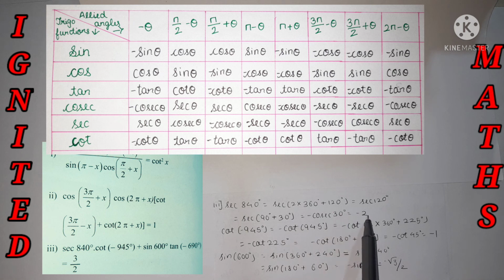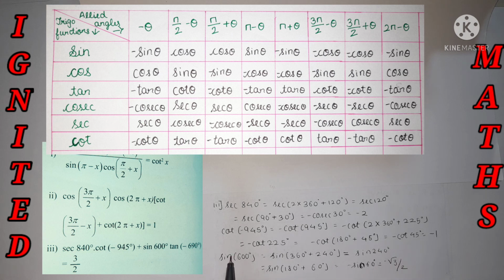Sorry, cosec 30° is equal to 2, but over here a minus is included, that's why minus. And the next, cot(−945°): cot(−θ) is equal to −cot θ. Yes, and for 945° I took a relation of 2π, it's nothing but 4π + θ, with θ equal to 225°. So 225° again I have split as 180° + 45°, which gives −cot 45°, and the value is 1, and the minus I have included.